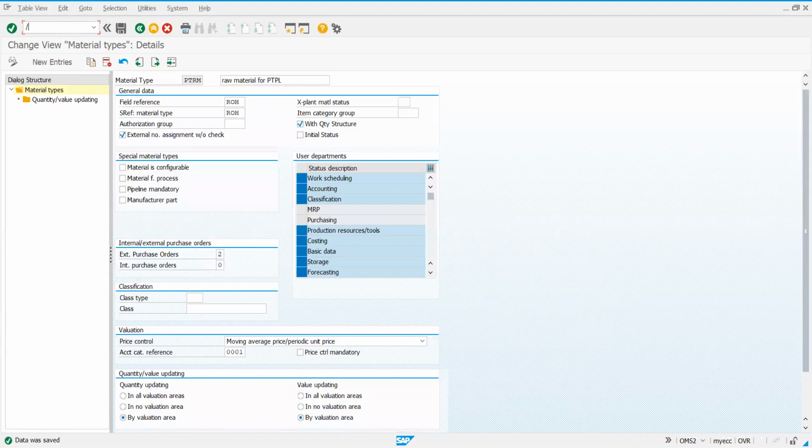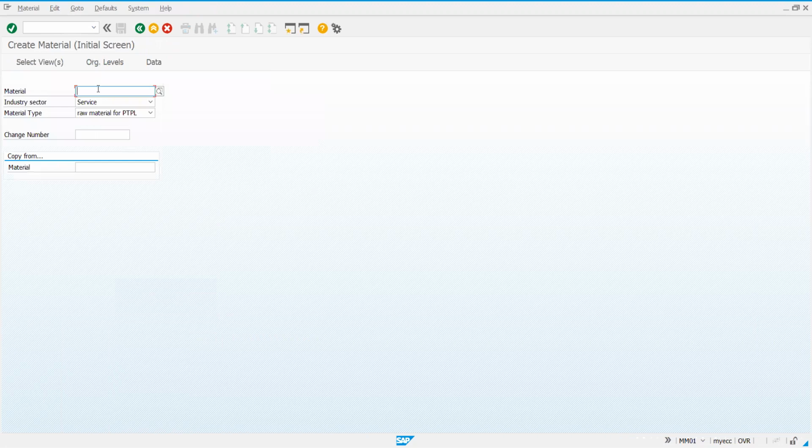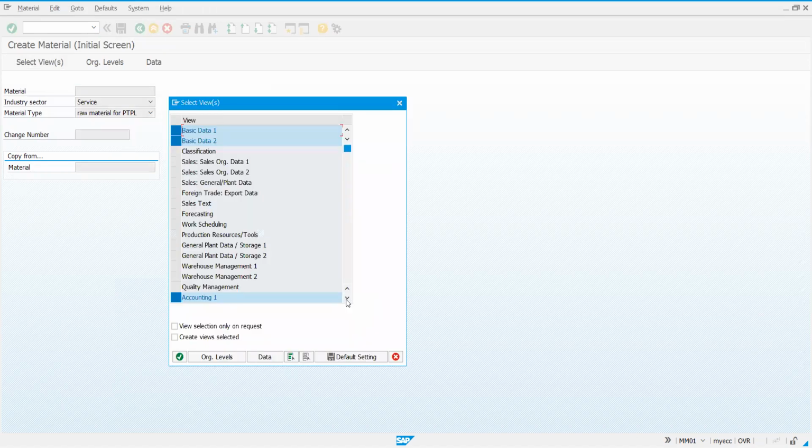Again I am coming back to MM01. Same thing, raw material for PTPL. Now I want to select views. Can you find MRP and purchasing here?